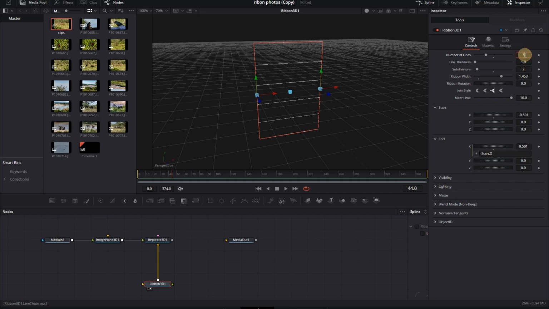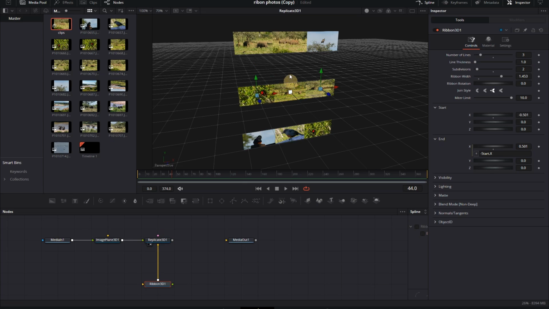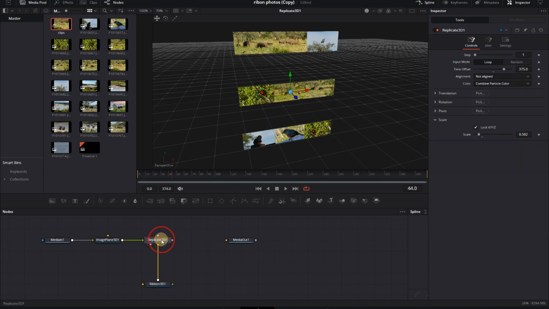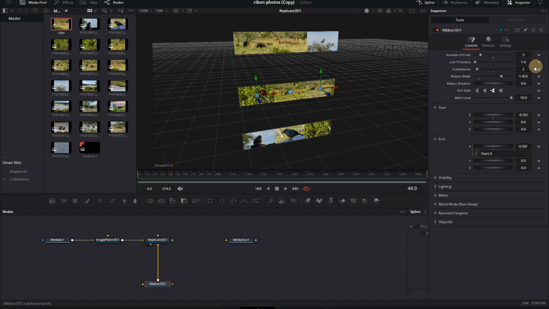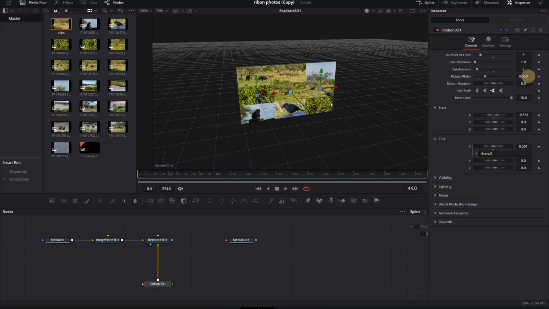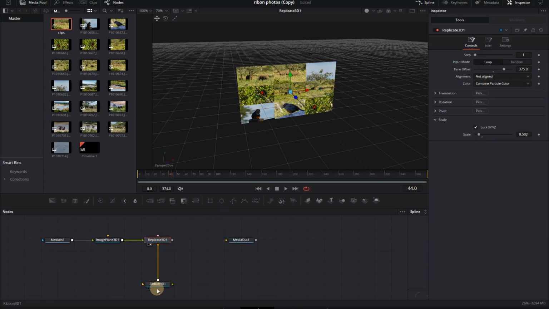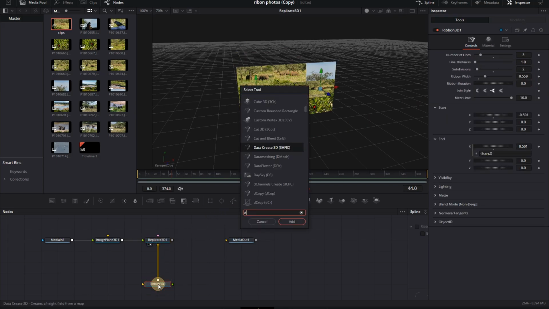Let's reduce our matrix to 9 vertices. By adding a duplicate 3D, we obtain 2 independent groups.